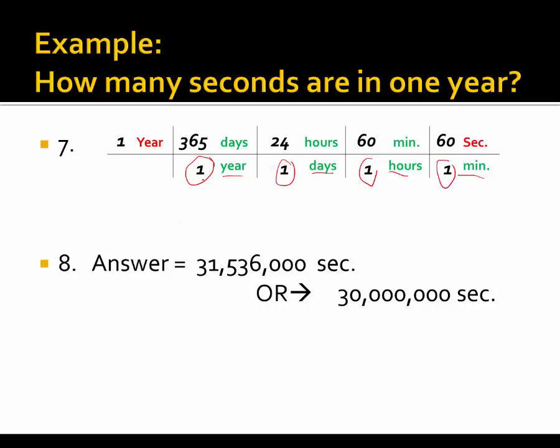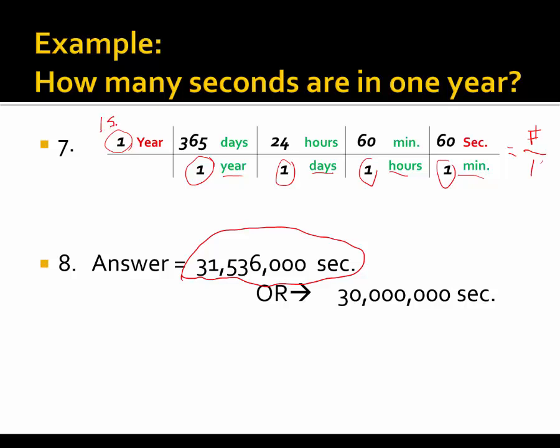So there it is. Once you multiply across the top, right, get a number, multiply across the bottom, 1 times 1 times 1 times 1, you get 1. A number divided by that 1 gives us approximately 31,536,000 seconds. But we have